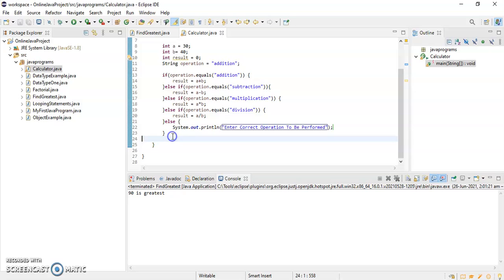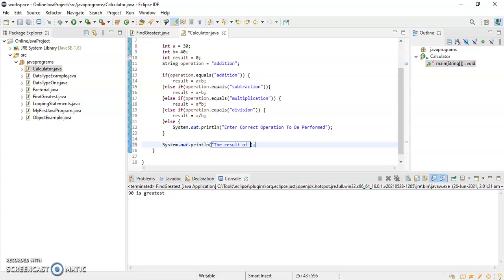Sysout: the result of, so I'll just give the operation, operation is result.